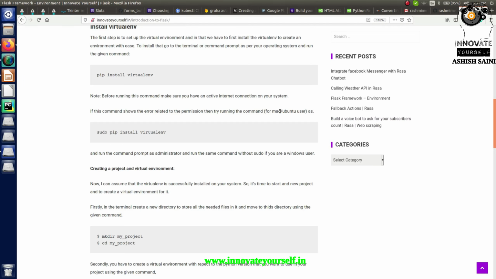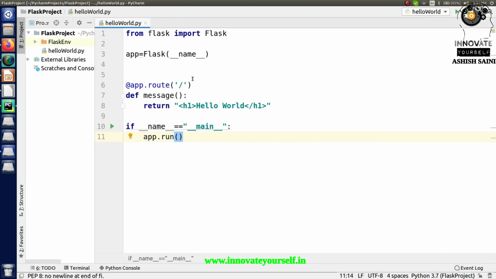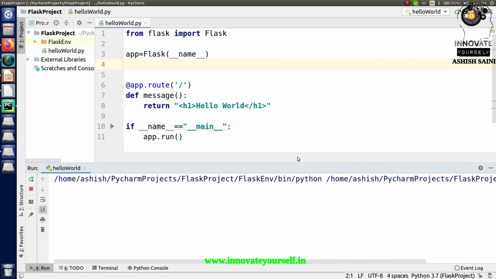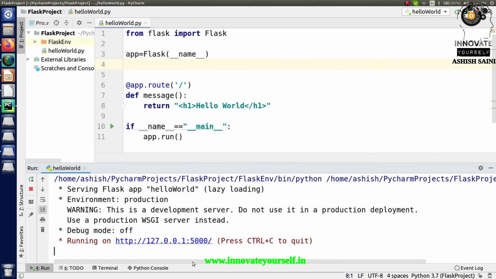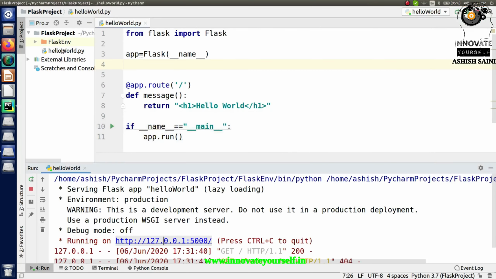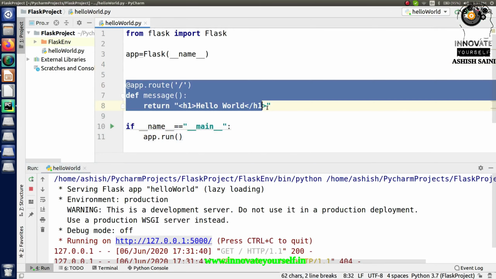Now, let's see how to do the same in your Flask web framework, and let's see how this part actually works. For that, let's go back to the project which we have already created in the last session. Here you can see this is an application which we created in the last session, and in there you have seen that when we were simply running this part, it was just showing you one link. You have to open this link. When you click on this link, it will open a new tab for you, and on that tab you can see whatever you have returned as per this particular program. So this is how it was working.